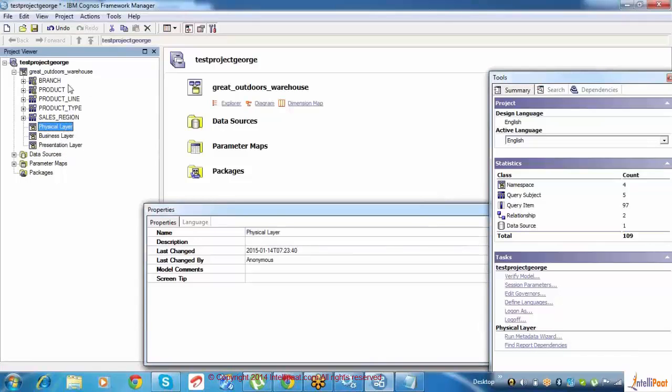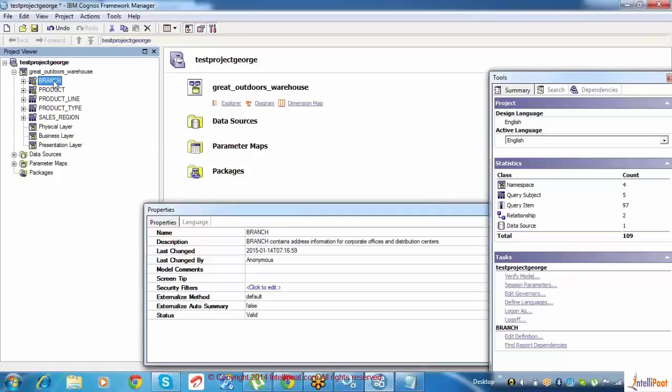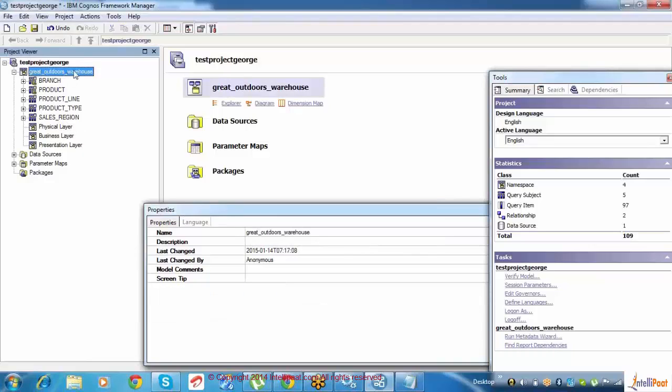As I told you, whatever tables I have imported from the data warehouse should be in the physical layer. You can keep it as a heading like this. All 3 namespaces should be inside this Great Outdoors data warehouse.